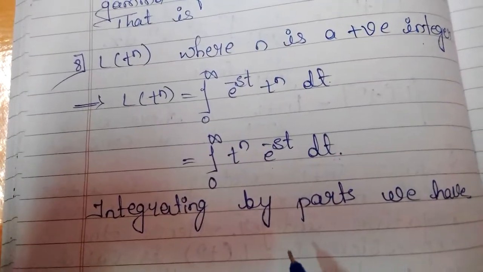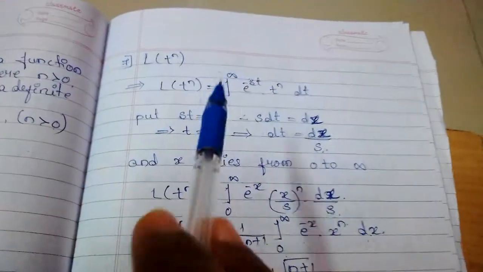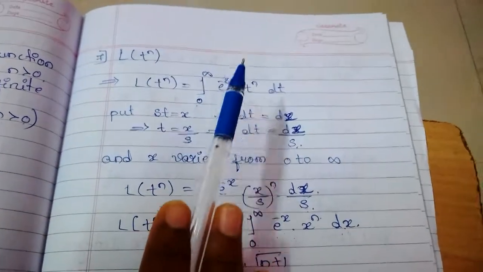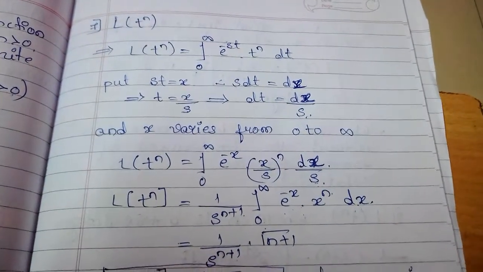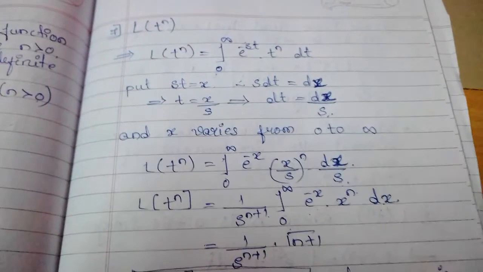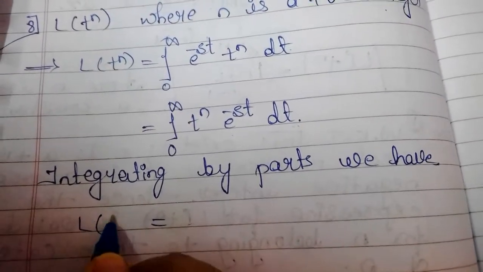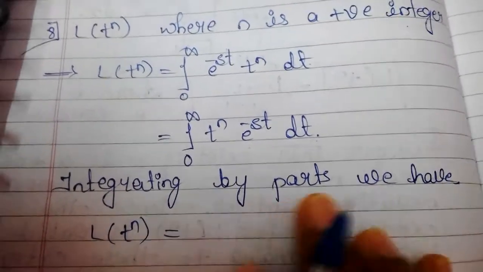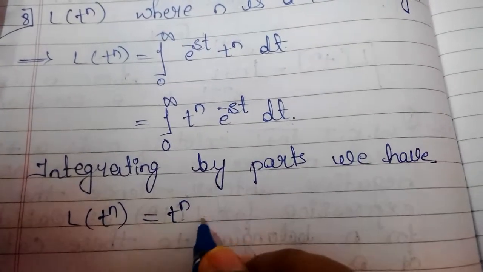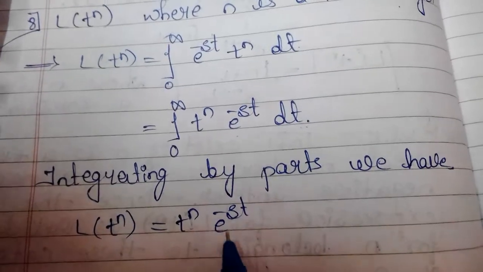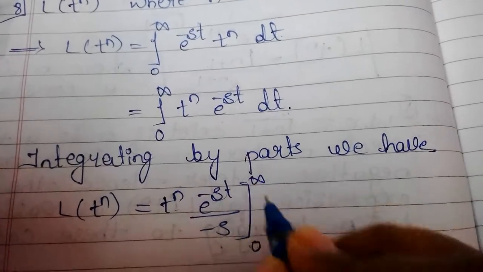Integrating by parts, when we solve this, e raised to minus infinity into t raised to n will not give any constant term, and differentiation of a constant term is 0. That's why we solved up to 2 terms only here. Now apply the integrating by parts rule, means Bernoulli's rule. We get: keep t raised to n as it is. Integration of e raised to minus st is e raised to minus st divided by minus s, limits from 0 to infinity,